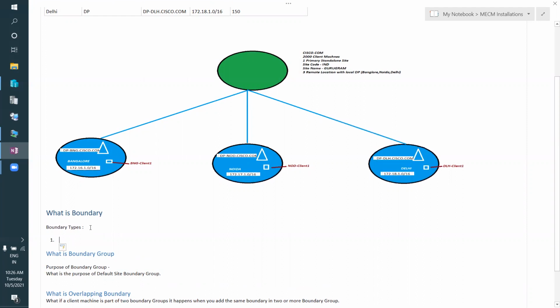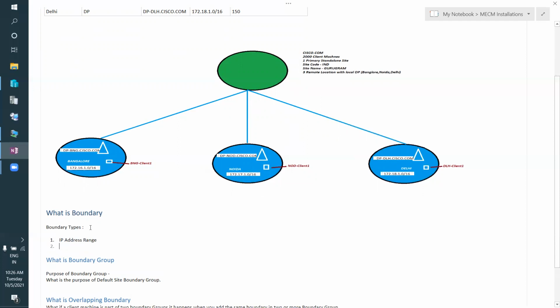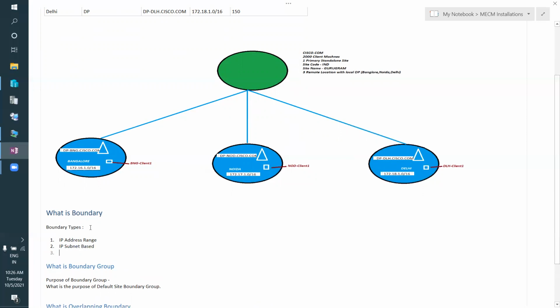The first is IP address range. Second is IP subnet based. Third is Active Directory site based. Fourth is IPv6.